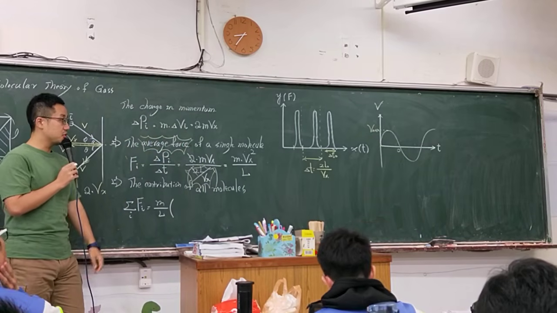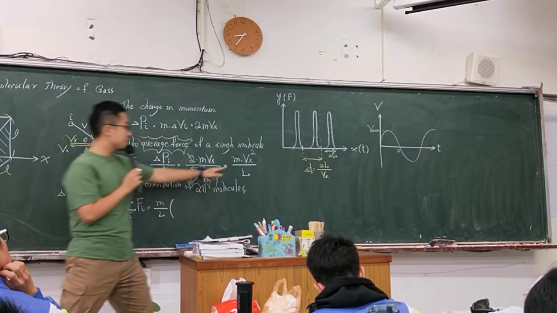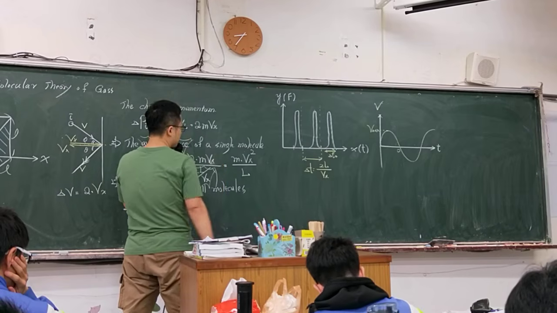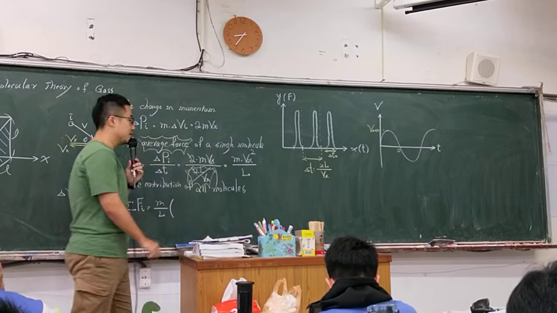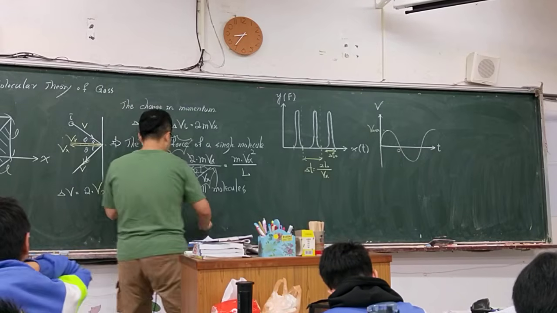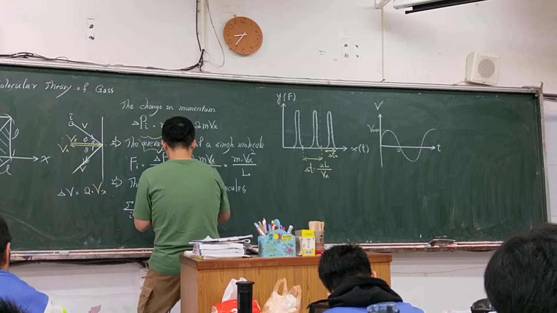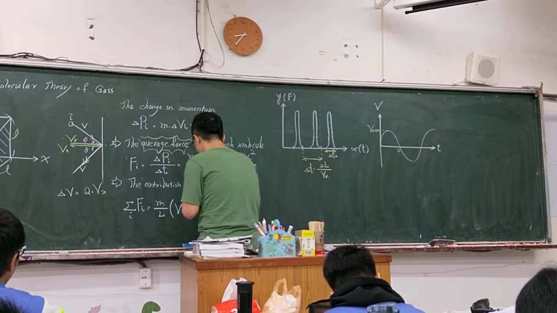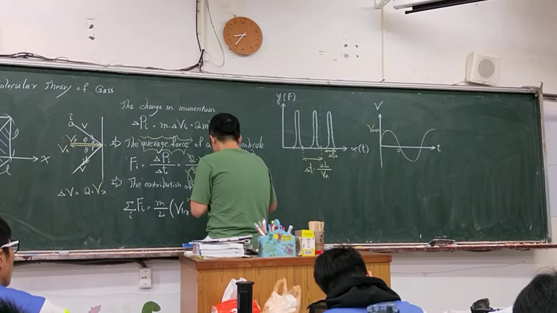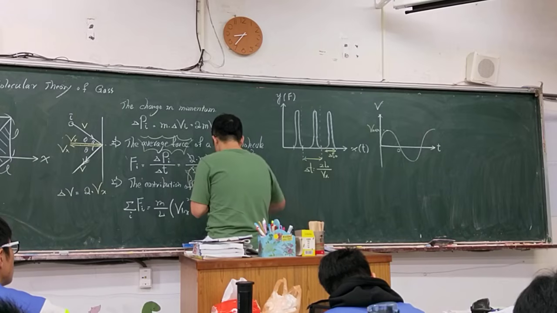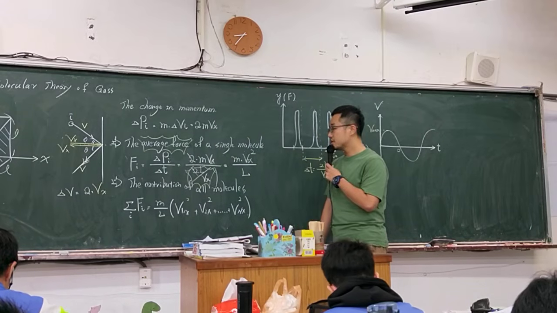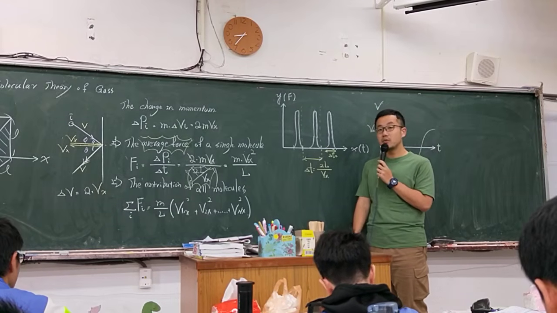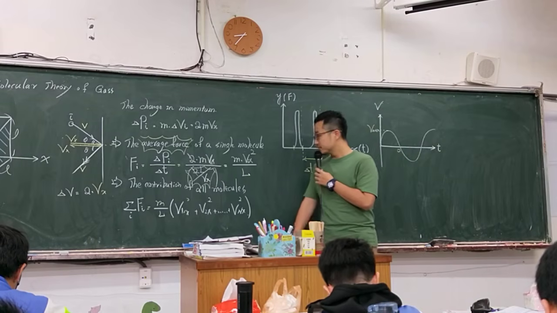There are thousands of molecules inside this container, so the Vx means the x component of a random gas molecule. Now I need to sum all of them, so I can write it as v1x squared plus v2x squared. Let's keep going, to vnx squared. This is the sum of v squared, the x component of all molecules. This would be like an